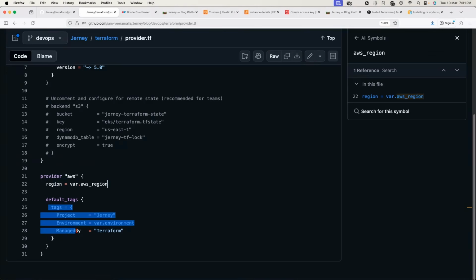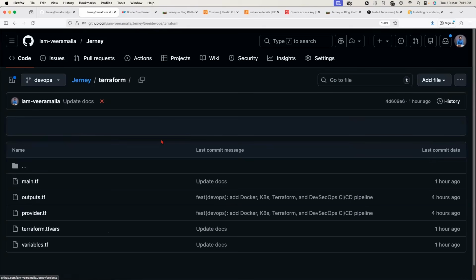Then these are basic tags. Even if you ignore this block, it's fine. Okay, so these are just the blocks. These are just the tags to identify that you created the resources using Terraform. Cool. Once you're done with the provider block, then the next thing that you have to do is to define